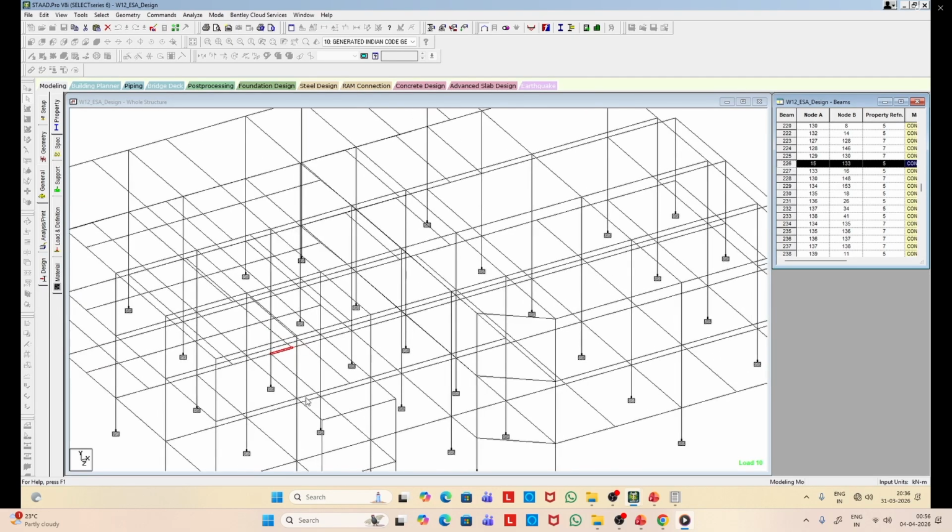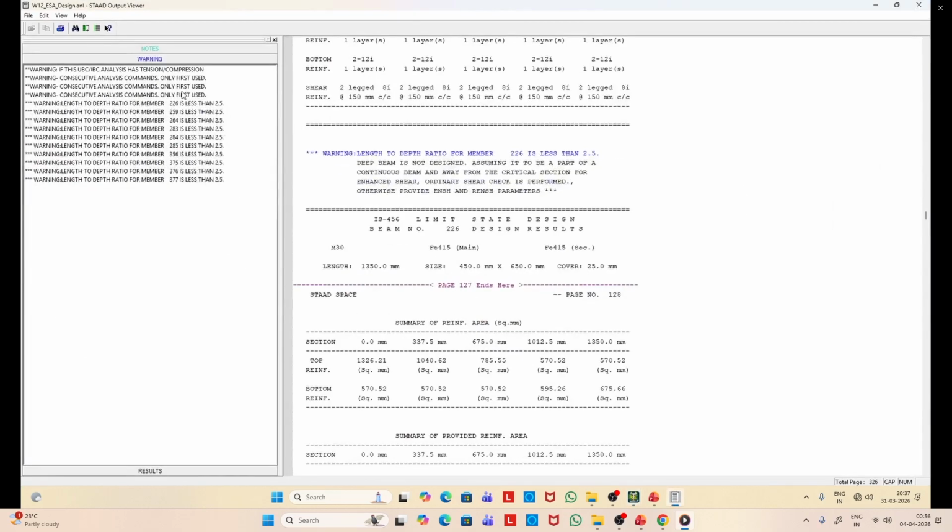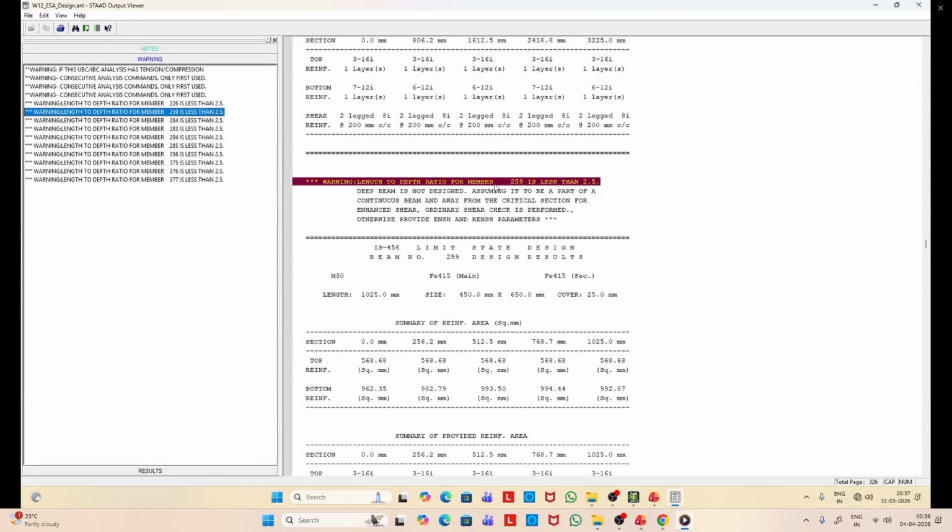So you can see if it is a very small beam, it's actually not small because one secondary beam is landing over the main beam, and that's the reason the length of that individual member highlighted is small, and that's the reason actually the ratios are not satisfying. Okay.